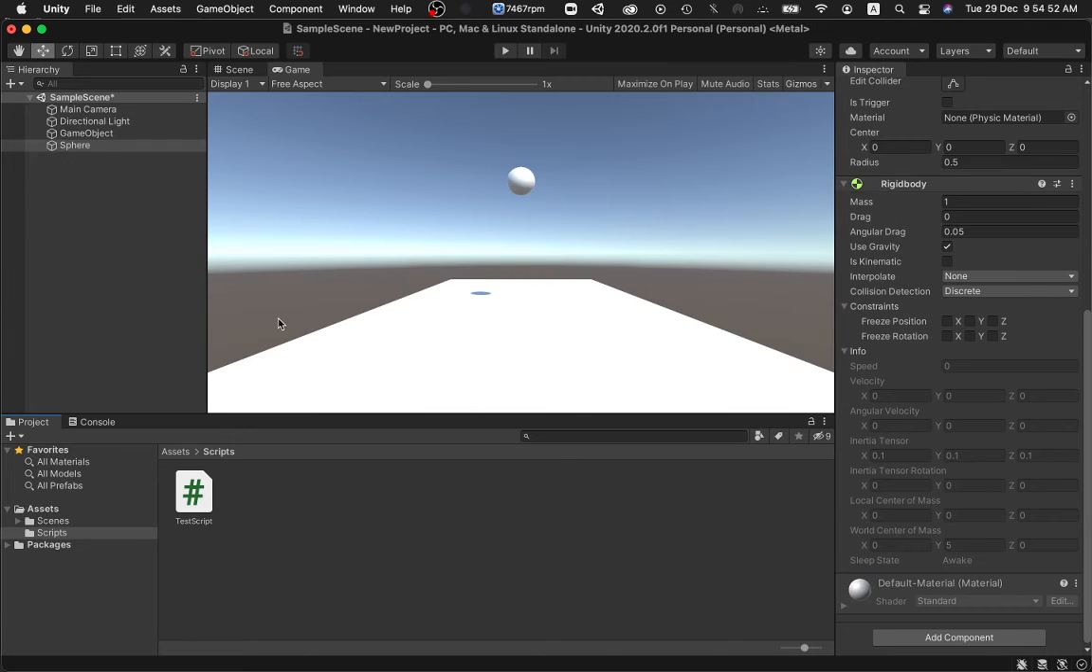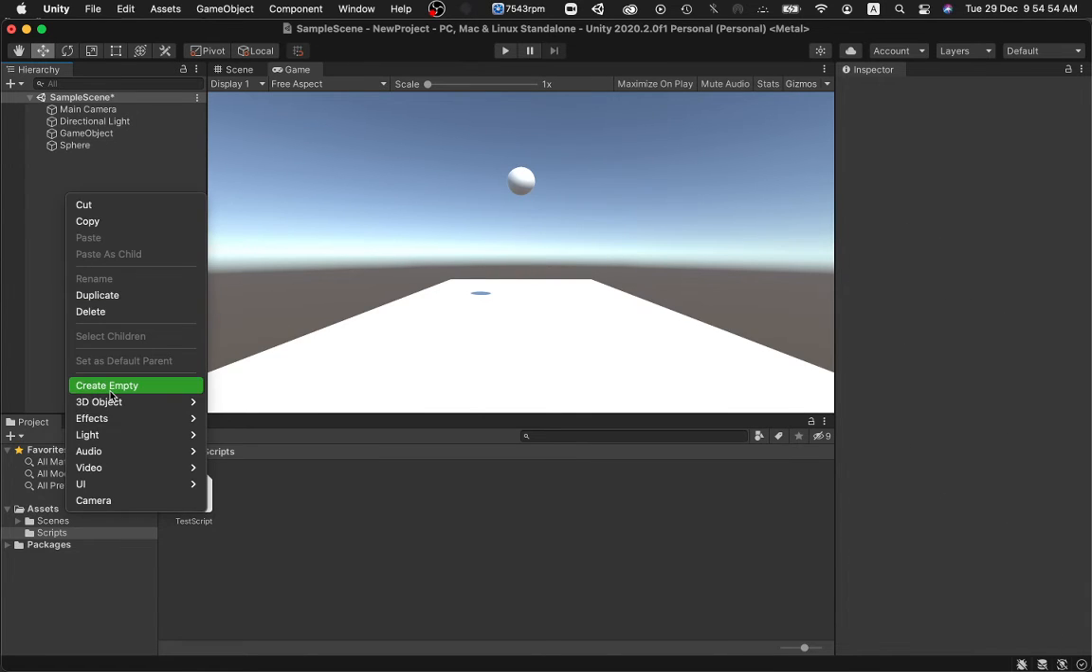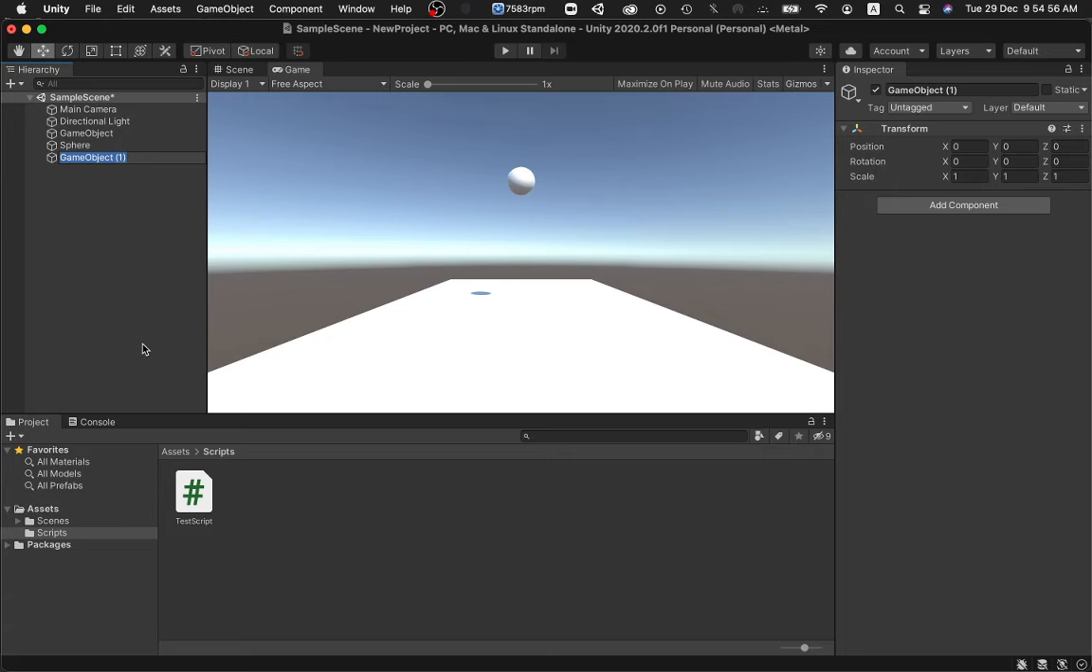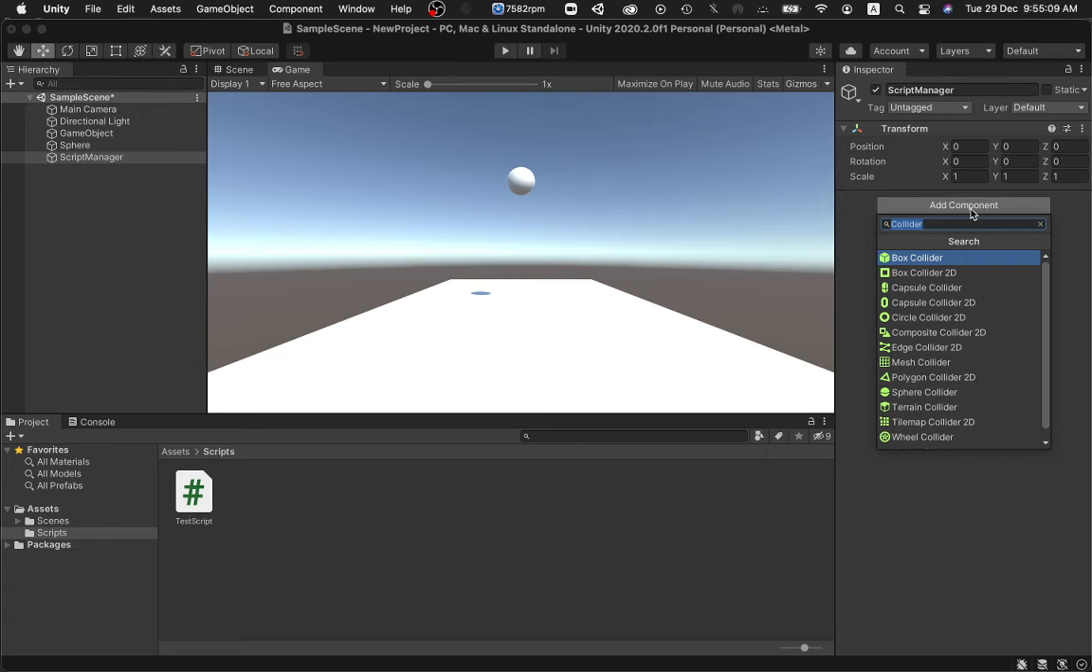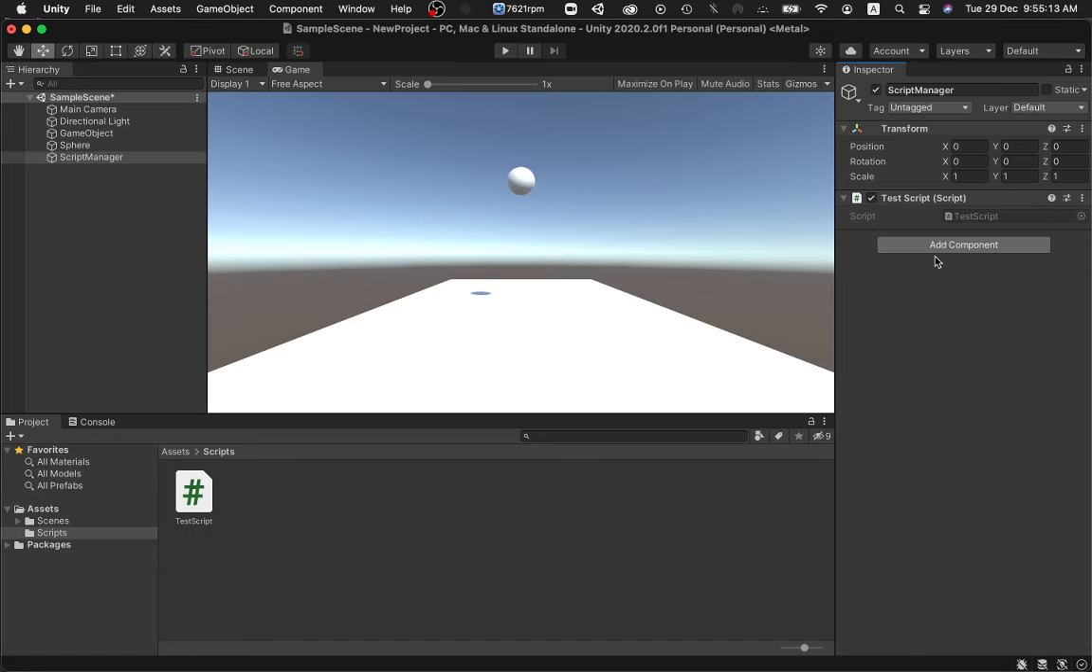So I'll create an empty game object, call it Script Manager, and I'll keep its transform at the origin. What the origin is, it's just the 0, 0, 0 position. And I'm going to add a component, and I'm going to type in Test Script, just like that. And now if I were to hit play,